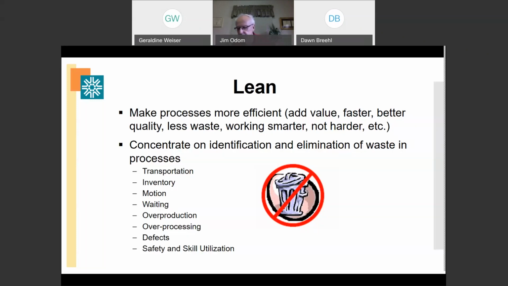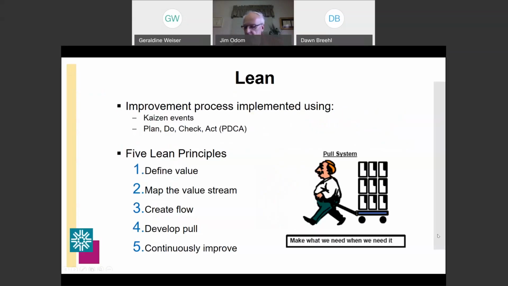So we're going to then cover the improvement process for Six Sigma, which is called DMAIC. It's a 5-step process. It stands for Define, Measure, Analyze, Improve, and Control. We'll go through that, and then we're going to get into the benefits of Lean Six Sigma, how they work together to make huge improvements. We'll go then to the different levels of certification. In Lean Six Sigma, there are yellow belts, green belts, black belts, and master black belts. I'll talk a little bit about that. And then at the end, we're going to talk about some keys to success.